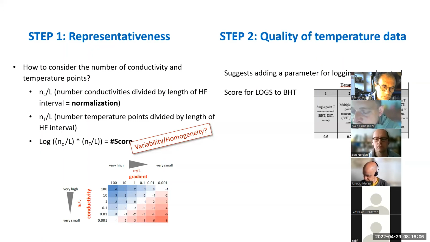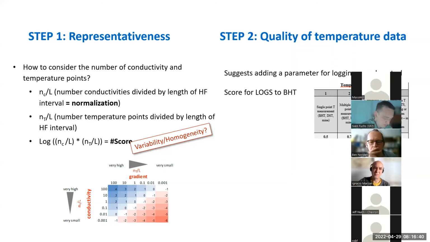But equally, we've spent a lot of time talking about single point temperature measurements. And Ben's made the point, the multiple data is where the critical information is. And I think it's equally important that we look at differentiating or adding some quality indicator to the different multiple point data. Now, whether you go for a range, you could go from 0.5 to 0.6 for your single point, 0.7 to 0.8 for your multiple point. But the issue here is that